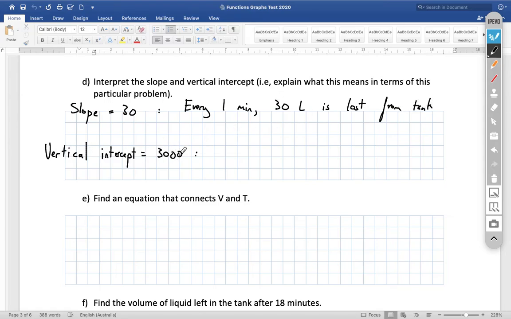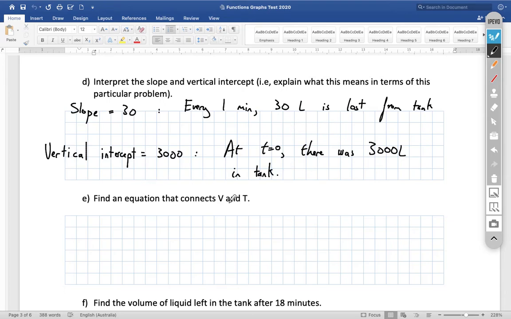The vertical intercept, so you could say at time equals 0, there was 3,000 litres. Write it properly, there was 3,000 litres in the tank before someone opens the